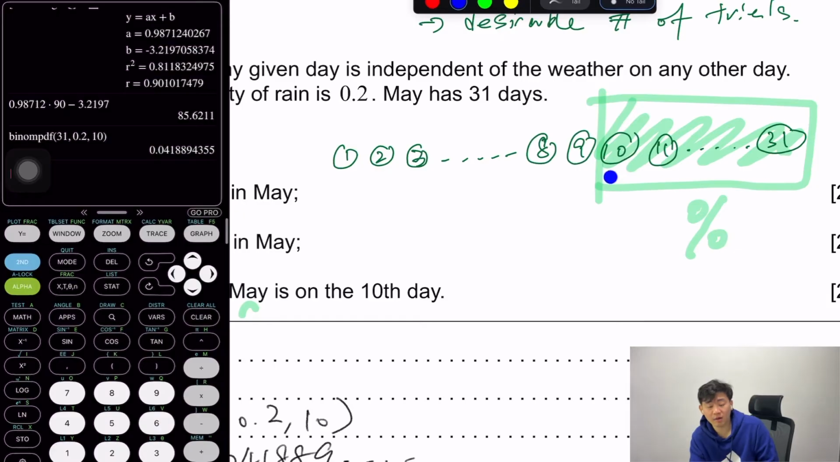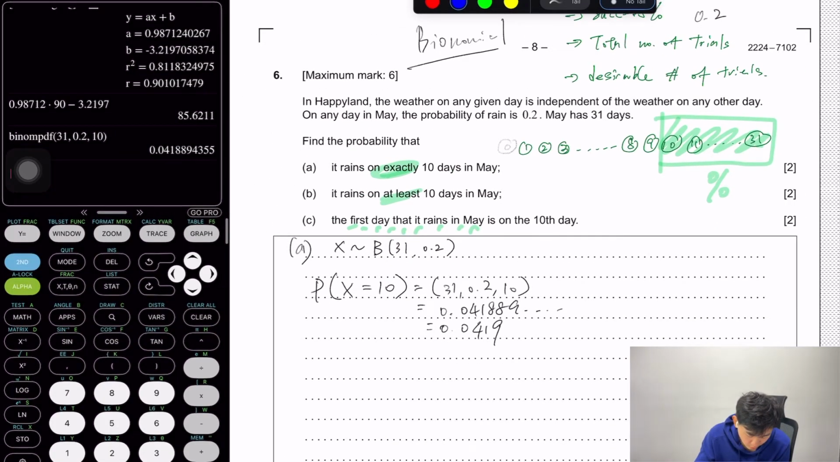So of course, you can calculate it by adding all those binomial PDF from the 10 all the way to the 31st, okay? Or you can just directly subtract the probability starting from, okay, you also have a 0 here, from 0 days to 9 days, okay? So then